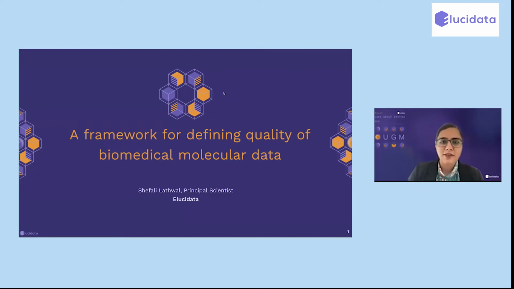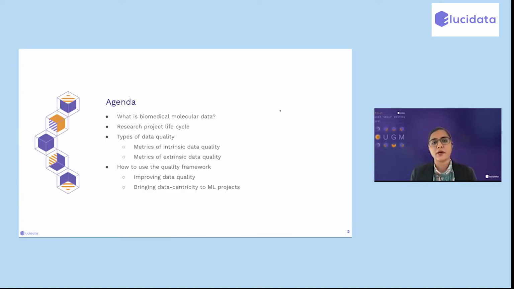So again, welcome everyone to track one, where we'll talk a lot more in depth about the data and technology that we use internally at Elucidata and with our collaborators. So in the next 20 or so minutes, I'm going to spend time talking about a framework for defining quality of biomedical molecular data. We'll talk about what biomedical molecular data means, because the term itself can be very broad,